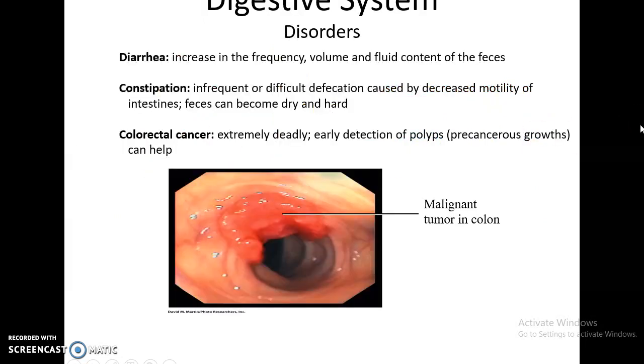Disorders associated with the large intestine: diarrhea, which is an increase in frequency, volume, and fluid content of feces; constipation, difficulty or infrequency in defecating. Since the feces stays in the large intestine longer, it becomes very dry and hard as the water is being absorbed out of it. And then a very serious issue, colorectal cancer, which can be extremely deadly. However, it can be detected early in the form of polyps, which are precancerous growths, which then can be removed in order to avoid the